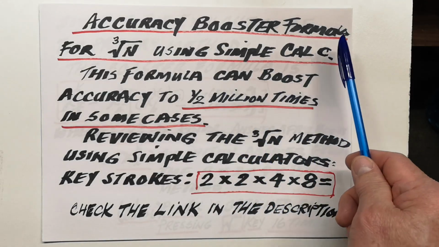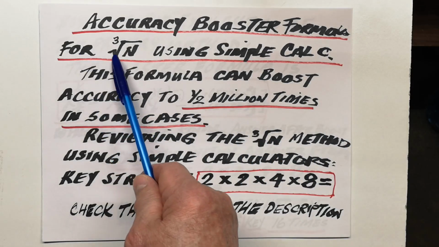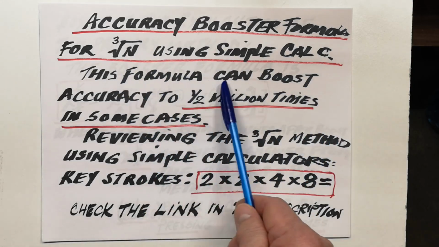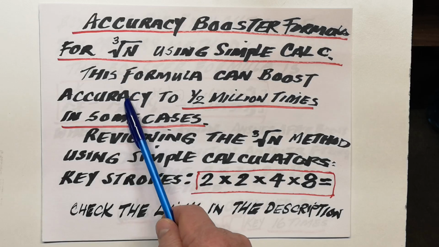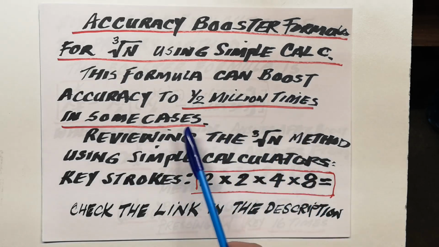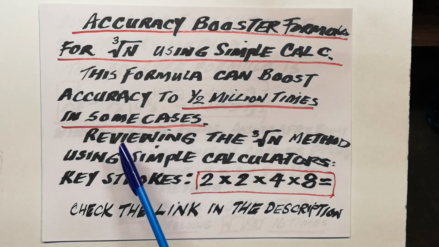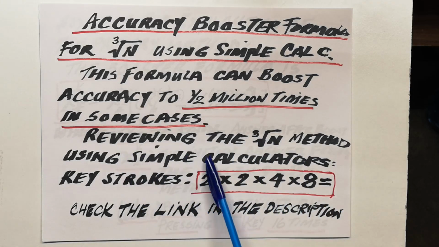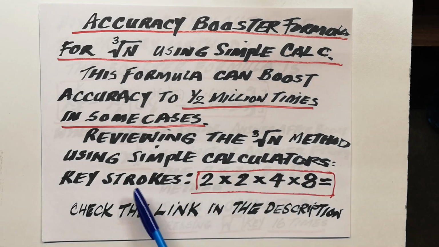Accuracy booster formula for finding the cube root of a number using a simple calculator. This formula can boost the accuracy up to 500,000 times in some cases. Reviewing the cube root of a number method using the simple calculator, the keystrokes are